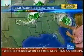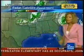Other than that, we have severe weather here moving across Oklahoma, and that watch in effect till 10 o'clock. And severe weather may